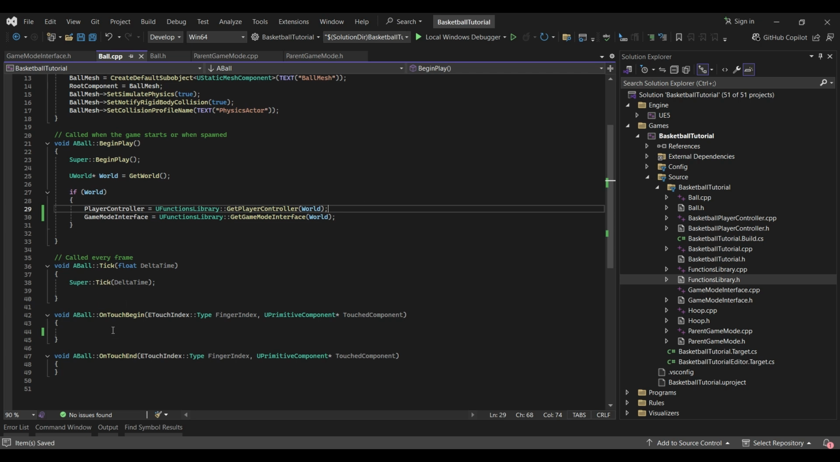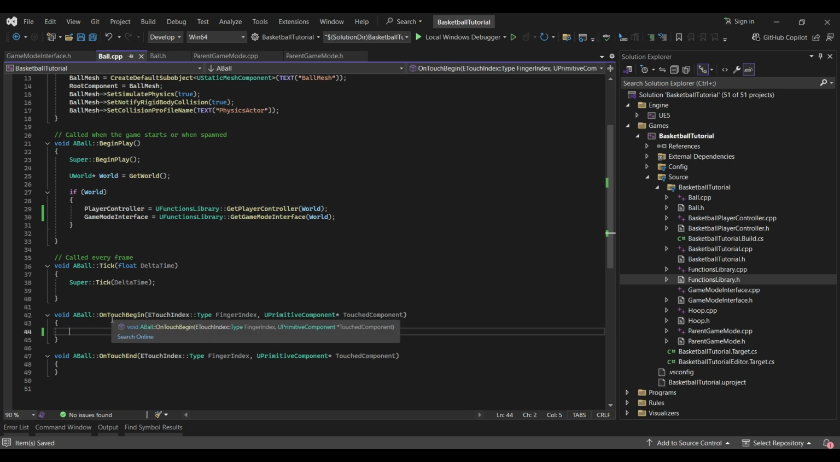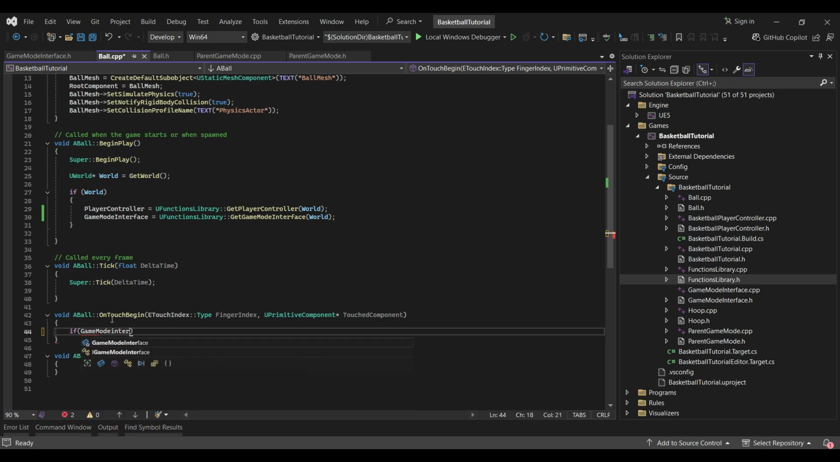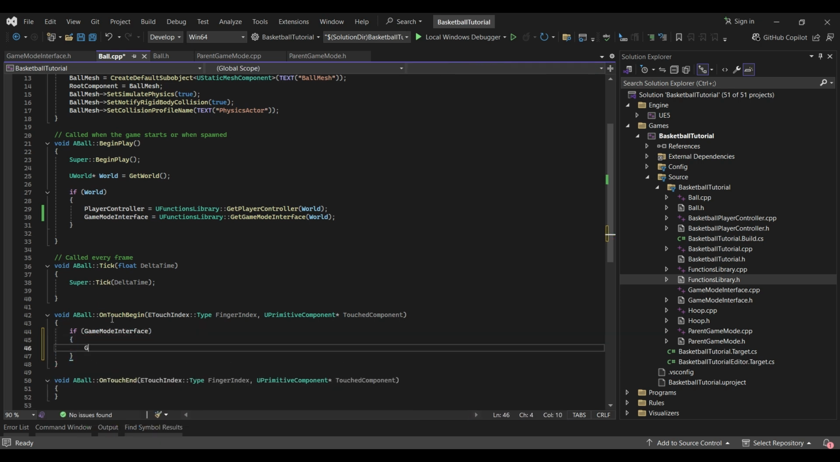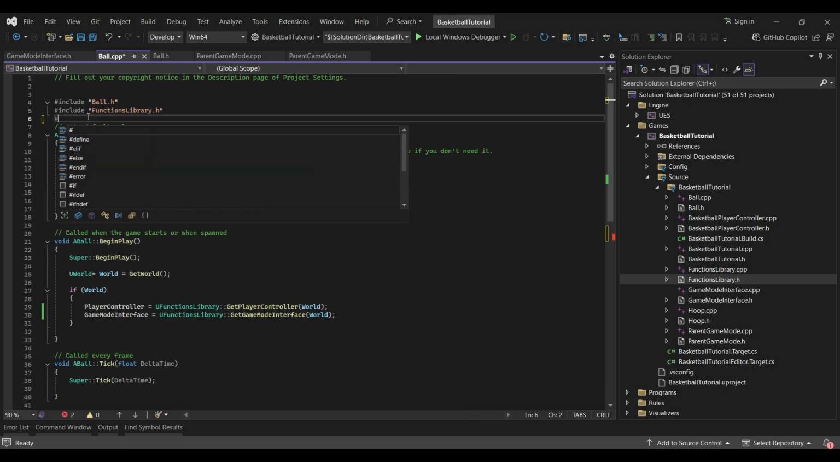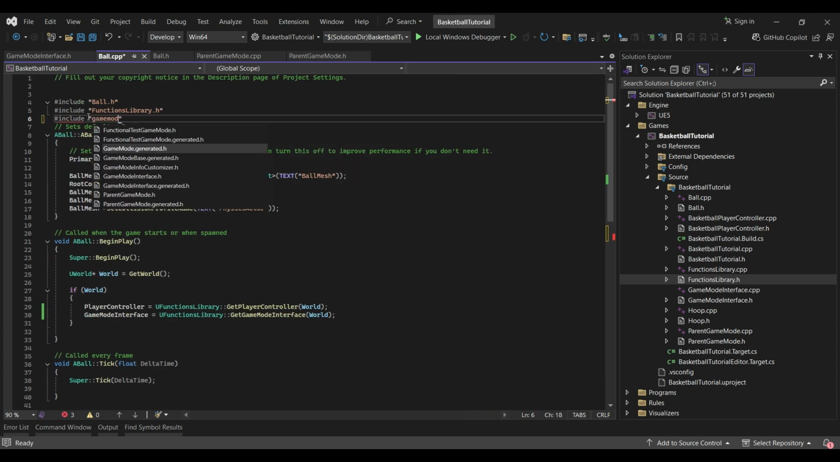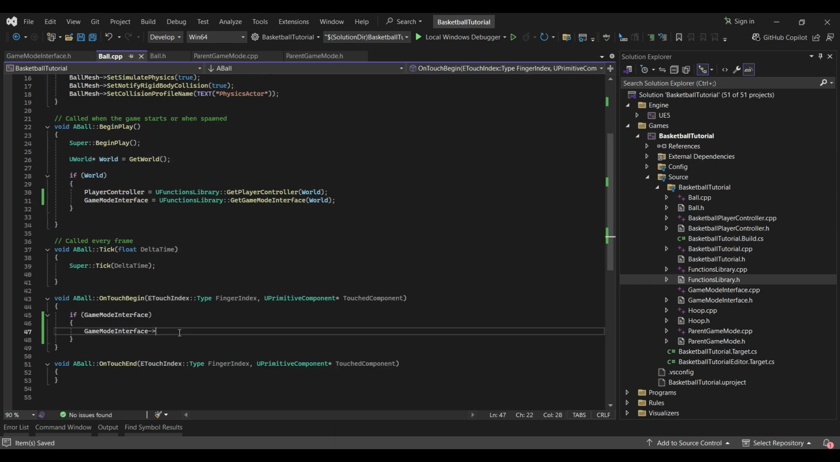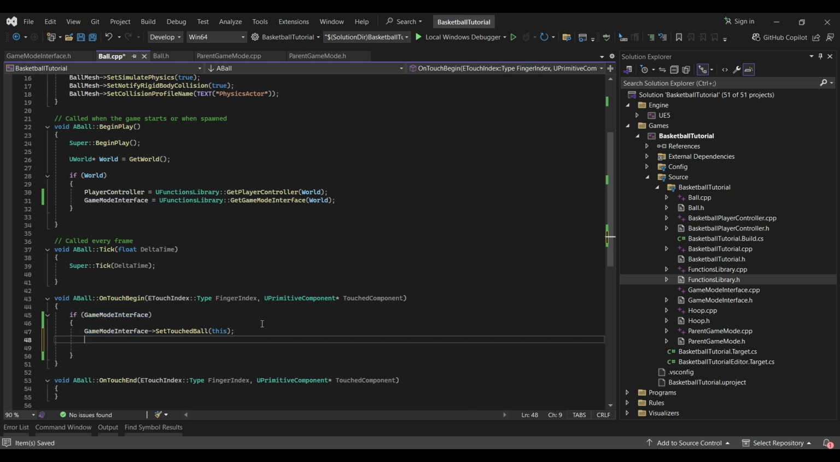Awesome. Now here in the touch begin, if game mode interface is valid, we call the header, set touched word. Now we have stored a reference to the ball that is being touched. Then if player controller is valid,